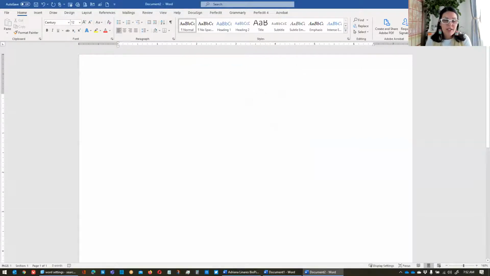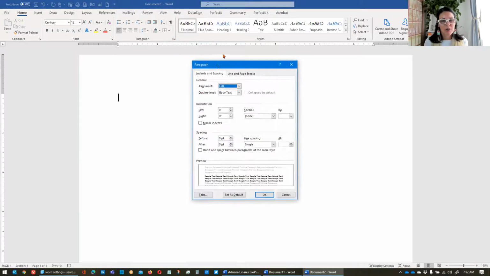To change your font spacing back to what you all know as single, because you just insist on it and don't want that extra space to make your document easier to read, you're going to do the same thing, except in the paragraph section of the ribbon. You're going to hit the insultingly small button in the bottom right-hand corner. You're going to open up the dialog box for paragraph.